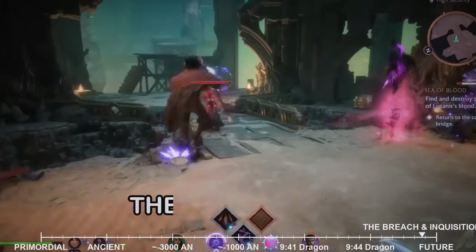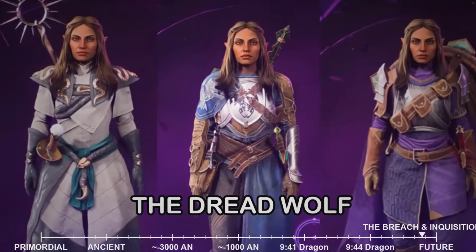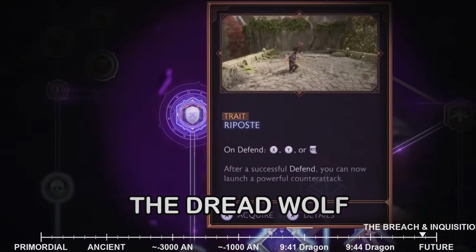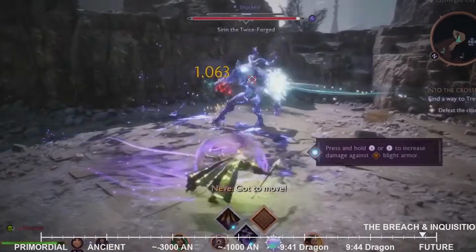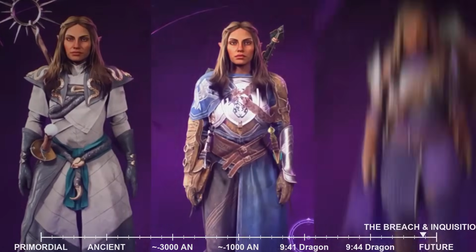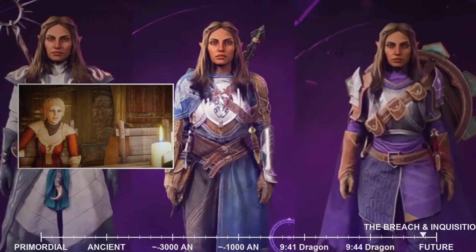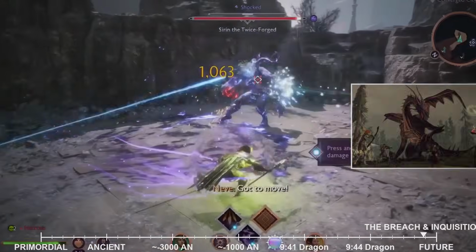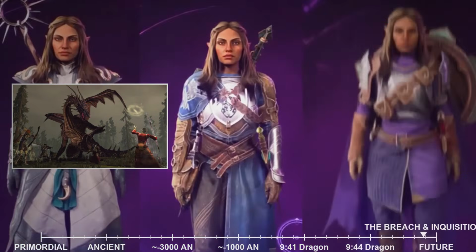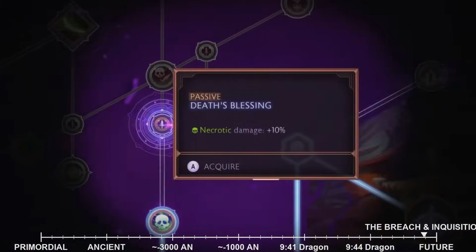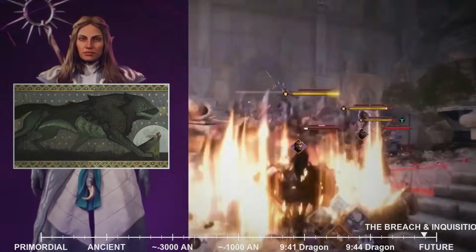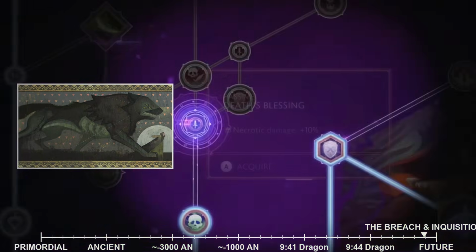Finally, in The Dreadwolf Take You, we rejoin Sarah, the irreverent elven assassin and former companion of the Inquisitor. Sarah, ever the champion of the common folk and an ardent opponent of anything that threatens their simple lives, finds herself on a relentless hunt for agents of Solus. Her unique perspective, rooted in the everyday struggles of ordinary people rather than grand political schemes, makes her a particularly effective, if unconventional, adversary to the Dreadwolf's machinations.